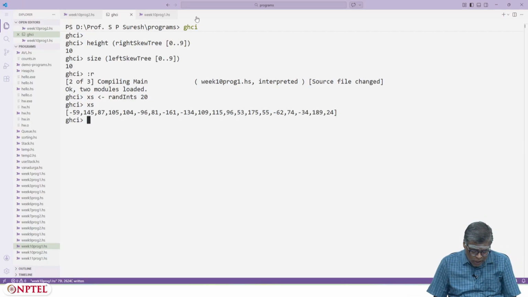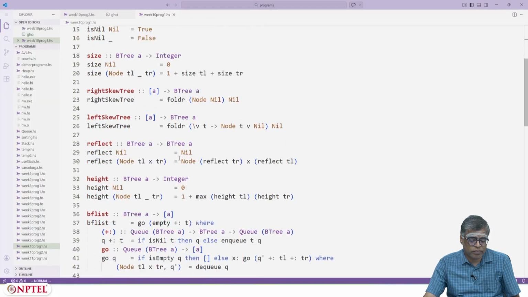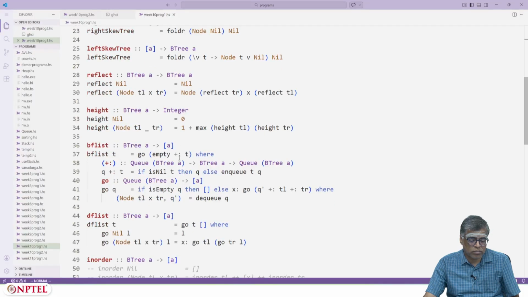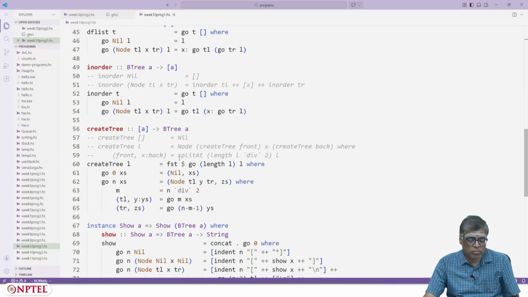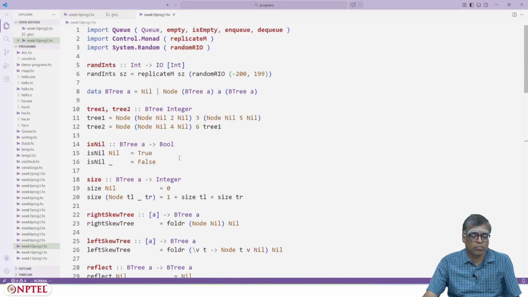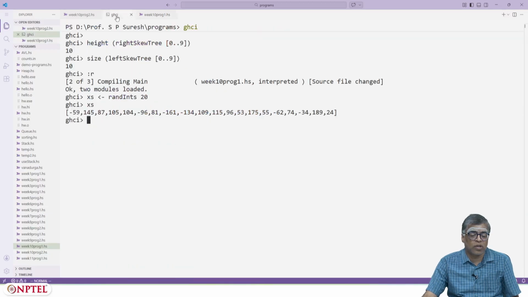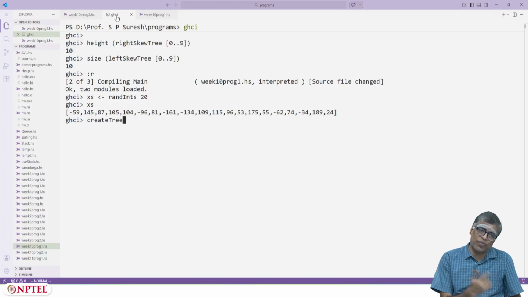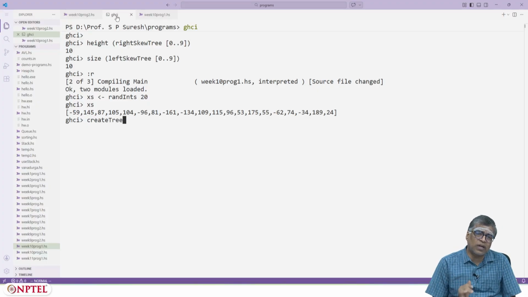Now, I can actually ask how to create a tree. I have written a routine which we will see later about how to create a tree from a list.